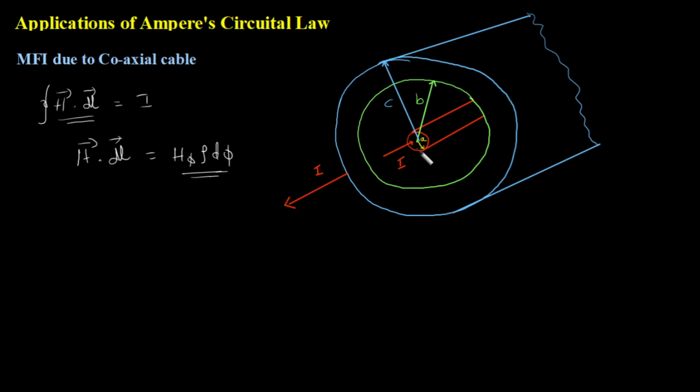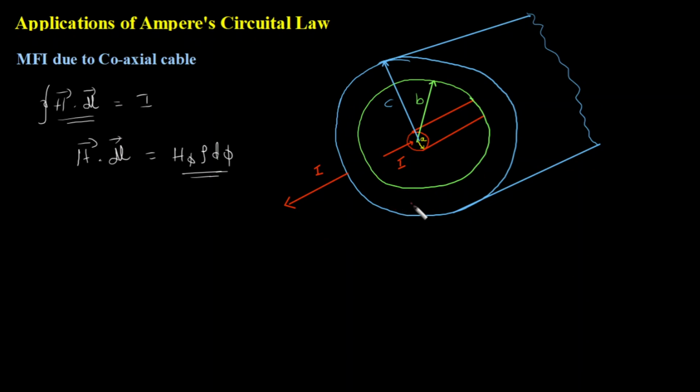As per Ampere's circuital law, I have to enclose a current carrying conductor to find the H vector. So I have an inner conductor which is carrying current, as well as an outer conductor which carries current. So my question now is, where is my closed path? Is my closed path always outside, meaning enclosing both the inner and outer conductors at a time, or can the circular path, can it be just enclosing my inner conductor, or can it be somewhere inside the conductor, or can it be somewhere inside this outer conductor?